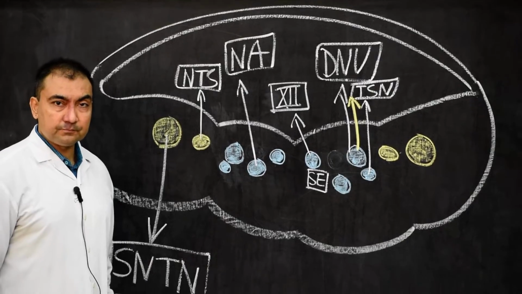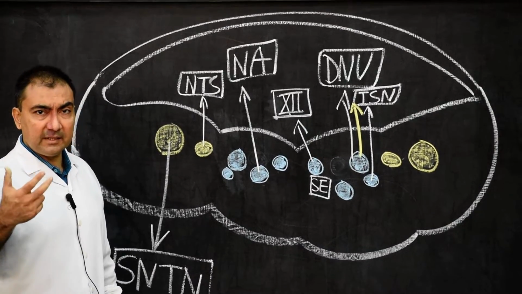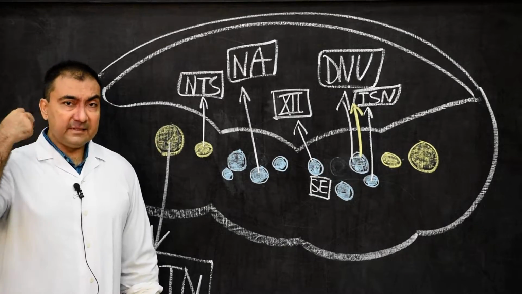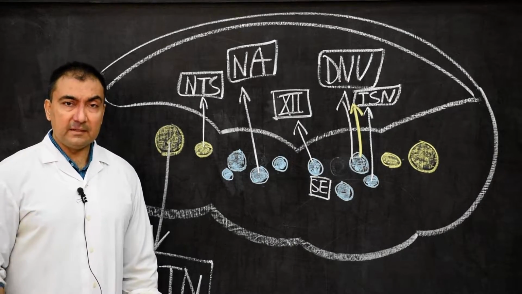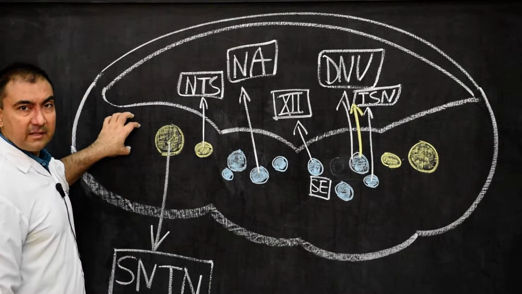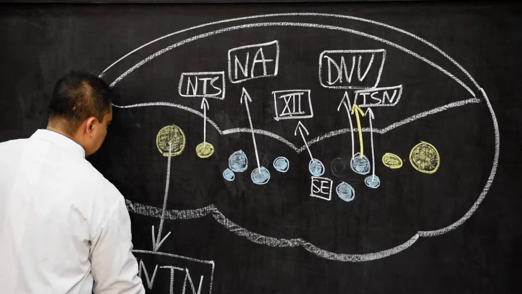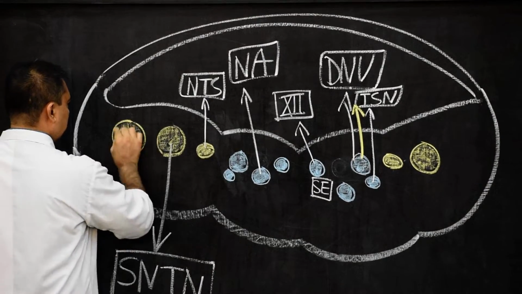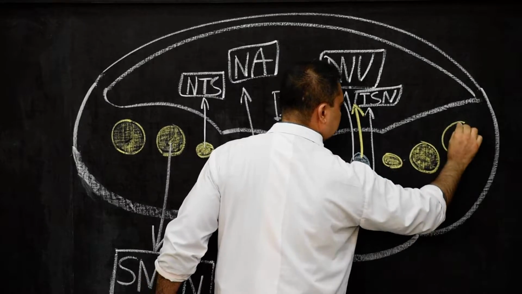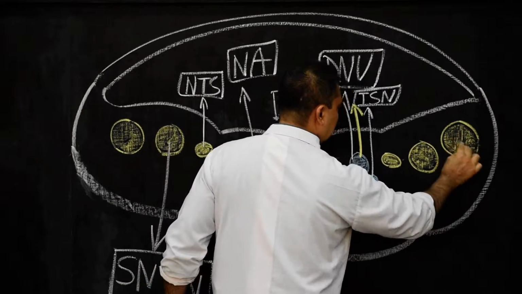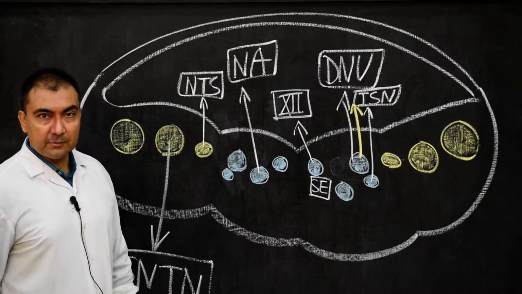What will it do? As I told you, general somatic afferent means it will bring sensations from the scalp, face and the external ear. And the last functional component, which was known as special somatic afferent. So special somatic afferent also you draw here, on the extreme last side, as the last functional group, special somatic afferent.